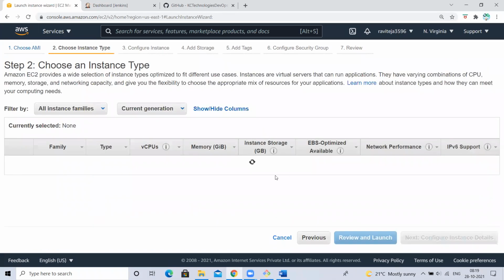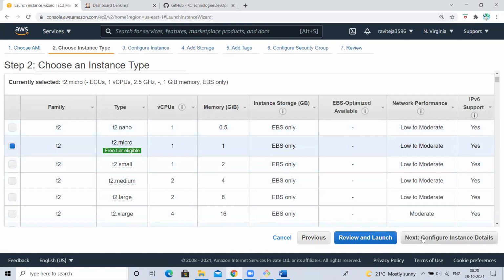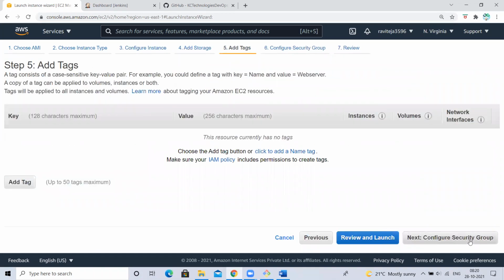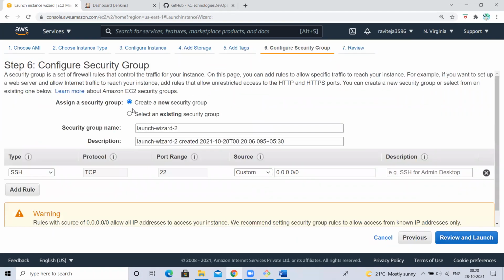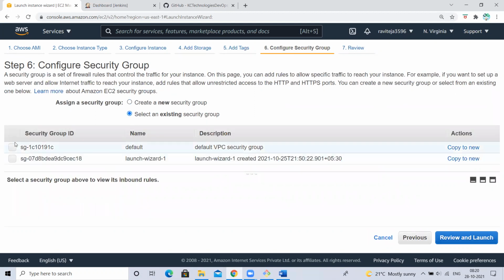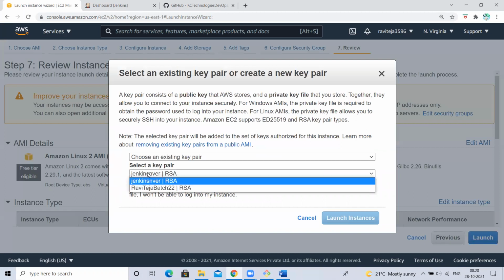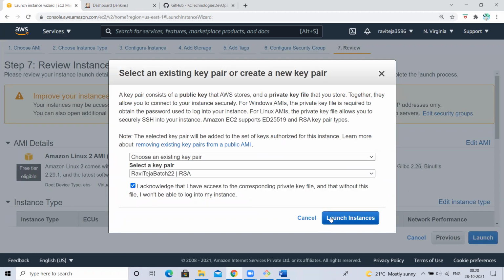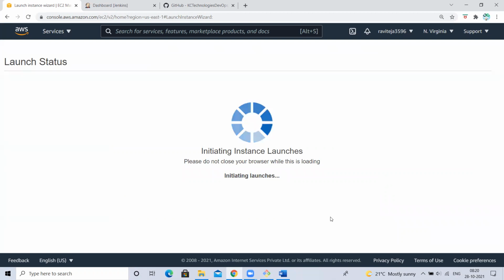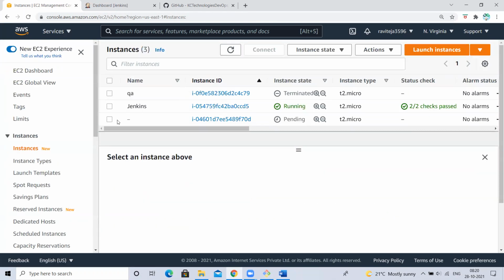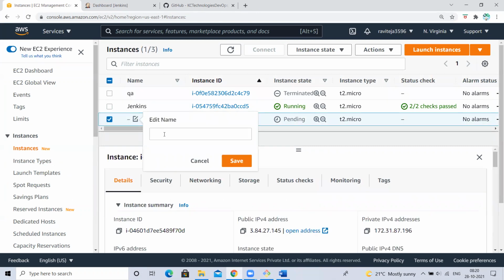I will take it as Linux. This default security group. I'll use this same PEM file. So here I'll name it as Tomcat.